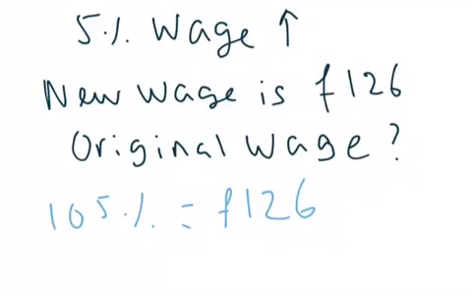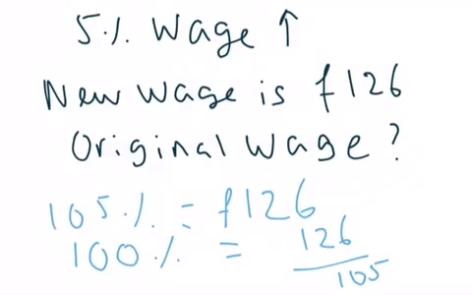Again, this reverse problem, we want to go back to 100%. So what is 100%? Now again, how do you get from 105 to 100? Well, I can divide the 105 by 105 to get 1%, and times by 100. So if I do that on the left-hand side, I've got to do that on the right-hand side. So I would do 126 divided by 105 times 100. And that will give me an answer of